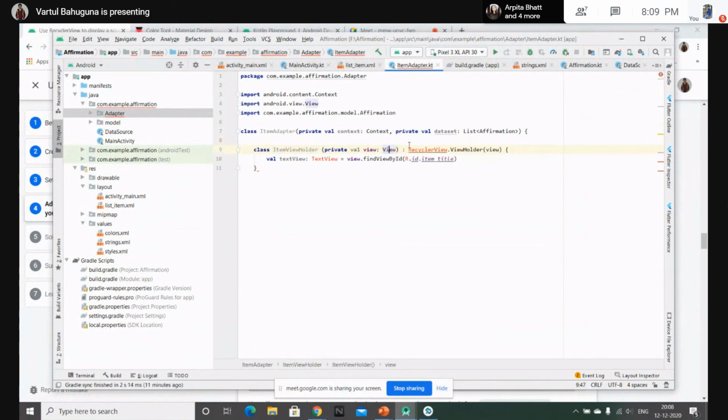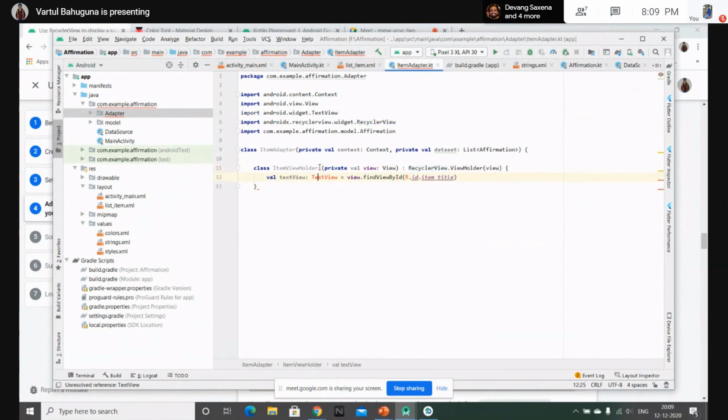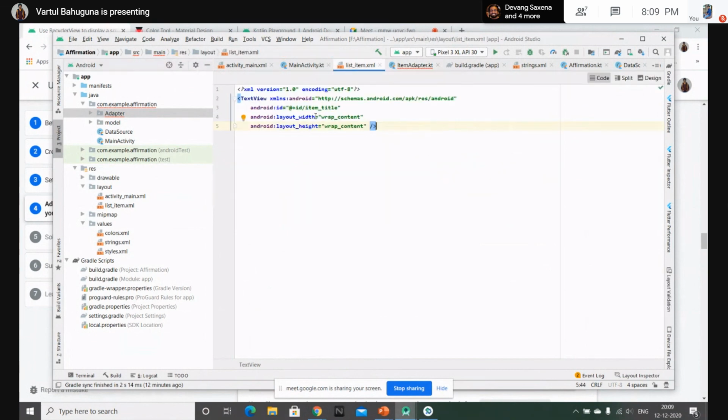Import all the things that it is asking for. So to make a holder for your adapter, you need to extend this recycler view holder that is provided to you by the recycler view class, and you can see that it has the val text that is referring to this text property, item text.